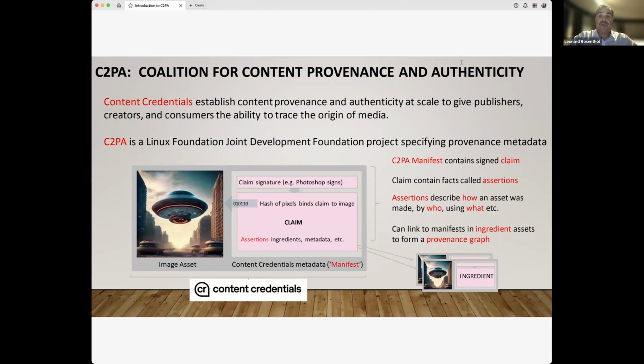Again, just as you've been doing with IPTC metadata, you can think of this as a more secure, tamper-evident package of metadata. And that information is not just a linear understanding of the history and provenance of that asset, but also covers assets as they are combined together.